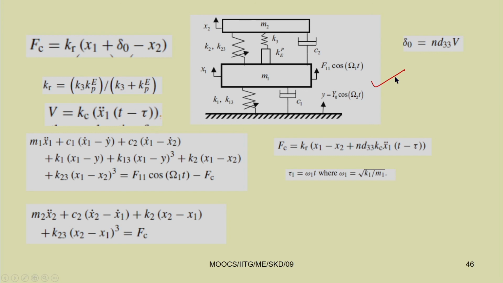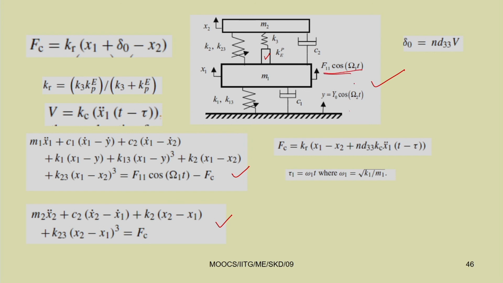So, quickly let us see one more example. For example, this is a physical system of a vibration absorber. In this case the equation of motion you can write by this expression, two equations of motion, one for x1 and one for x2. This is a piezoelectric stack actuator, and one spring is attached to it. The spring and the piezoelectric stack actuator are in series, the base is also excited, and this mass is also subjected to a force.